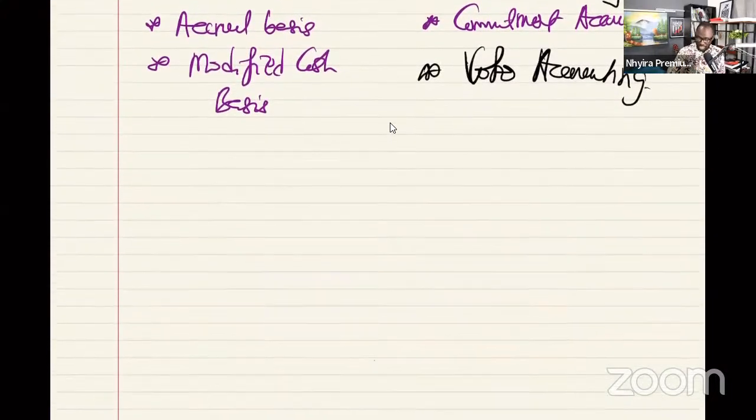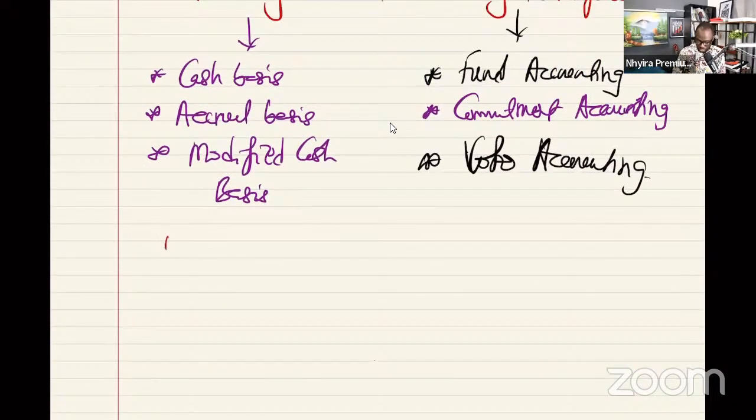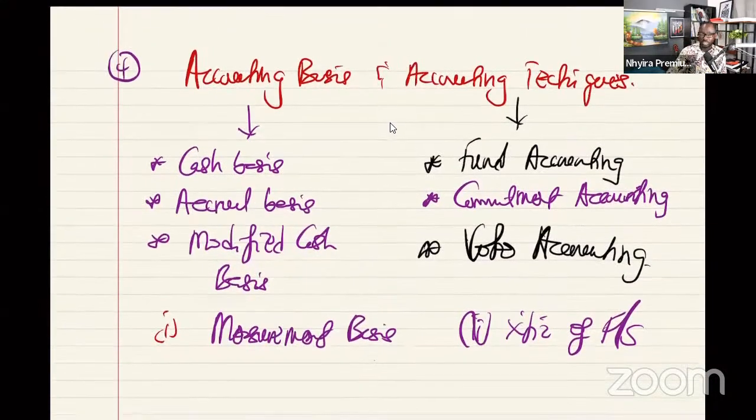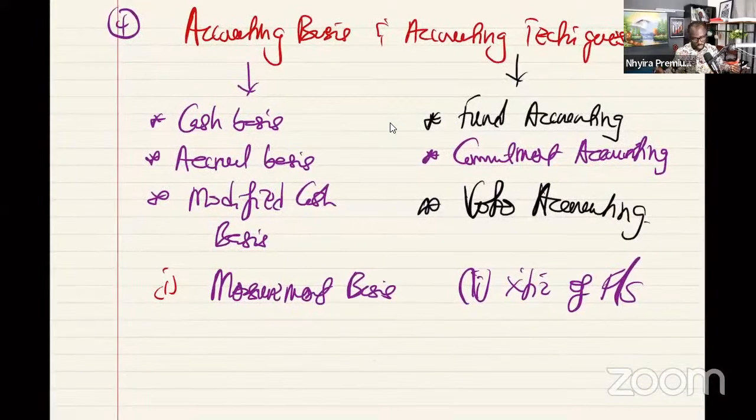Then in understanding these things, there are two other issues that I want you to pay attention to: measurement basis. We'll get into all these later on, as well as qualitative characteristics of financial statements. So these are the things that you need to understand. The fourth key aspect of the syllabus that we need to focus on to increase our chances of passing the